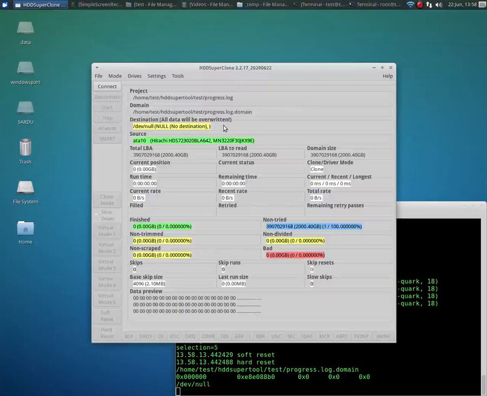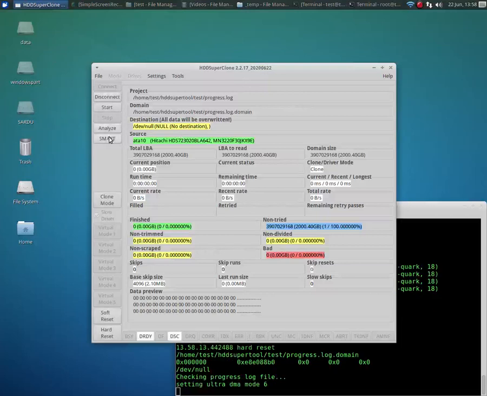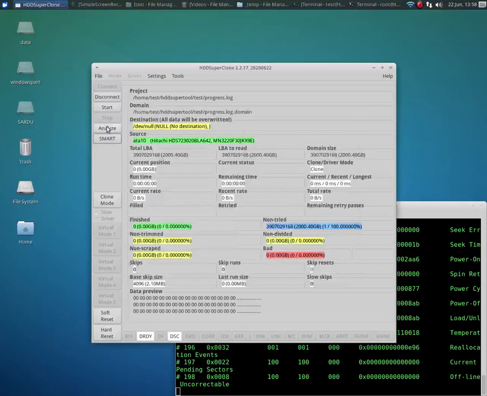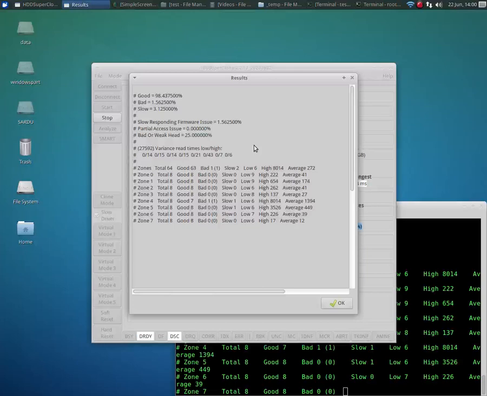So now let's take a look at our second test subject. So already done all the normal stuff, so I'm going to connect. Let's look at SMART. It says there are 2005 reallocated sectors. There's 0 pending, so I guess that's good in a way. So okay, let's do our first analyze run. Alright, the first short analyze